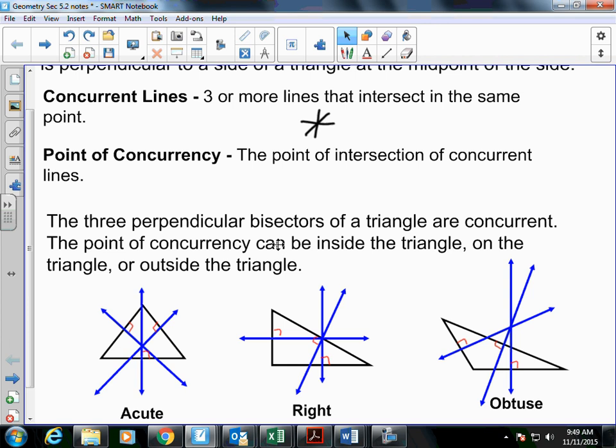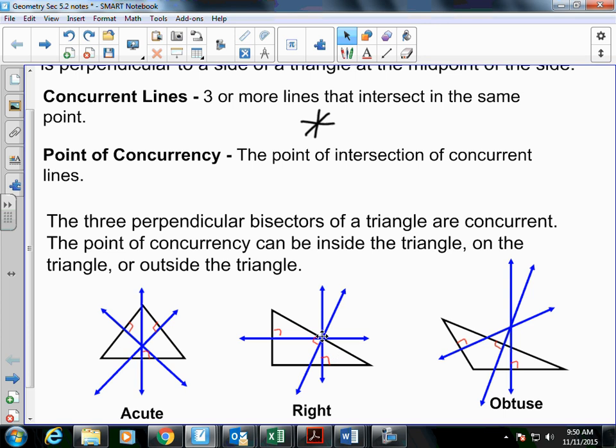So the three perpendicular bisectors of a triangle are going to be concurrent lines, meaning if I draw in all three perpendicular bisectors in one triangle for all three sides of the triangle, then they should all intersect at one point. And then the location of that point of intersection is going to change depending on what kind of triangle we have. If it's an acute triangle, the point of concurrency is going to be on the inside. If it's a right triangle, the point of concurrency is going to be on the hypotenuse,